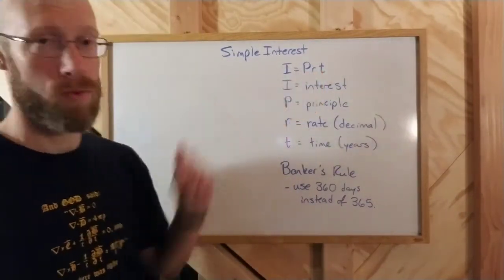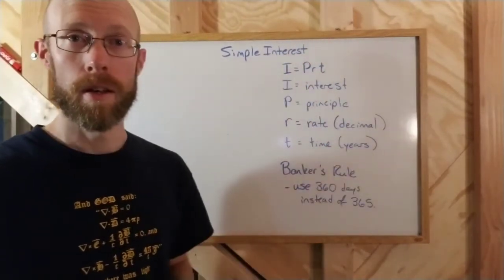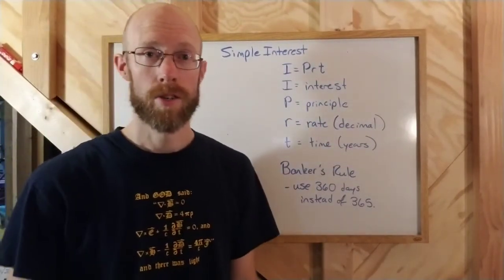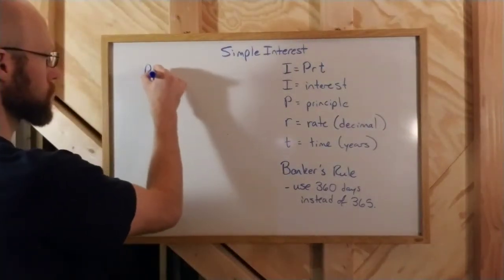And so that's why you multiply by that. So it's principal times rate times time equals the interest, okay? So just a very basic calculation. Let's say you were to invest as a principal